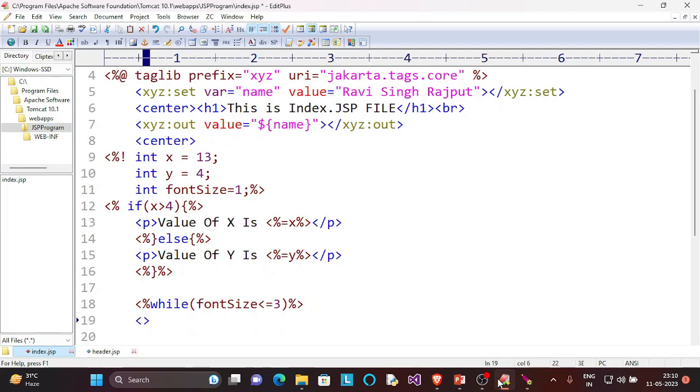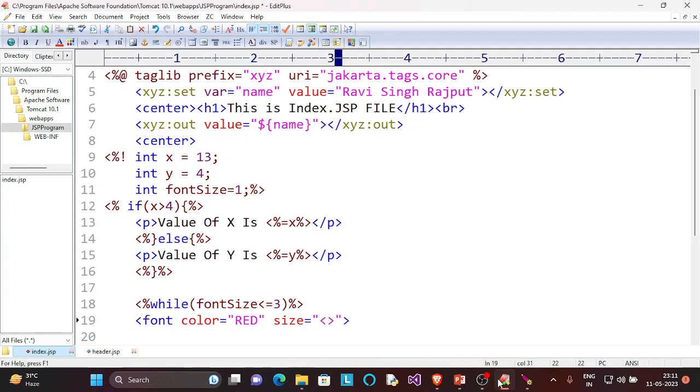Let me use font tag. So font color equals to, let me put red, and size equals to,